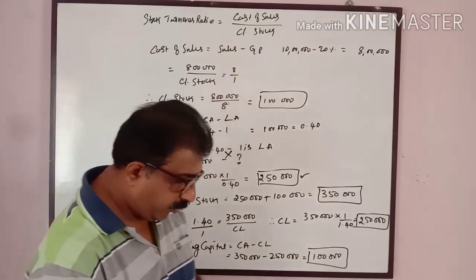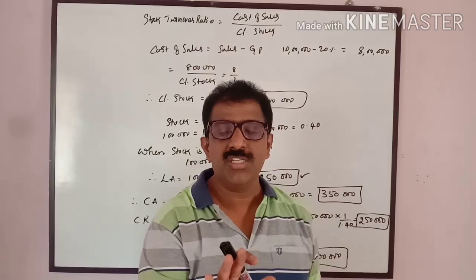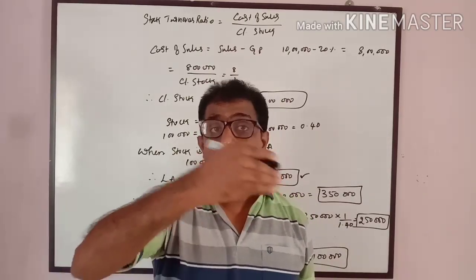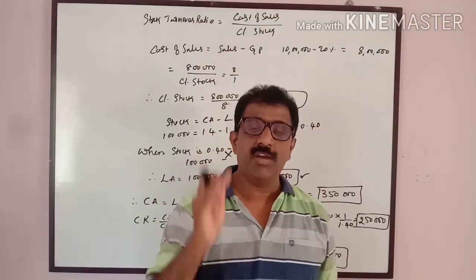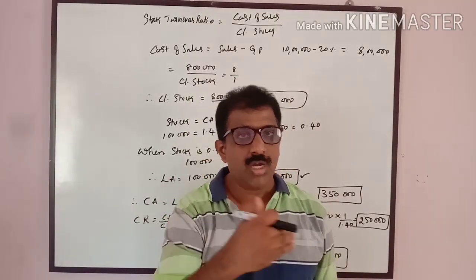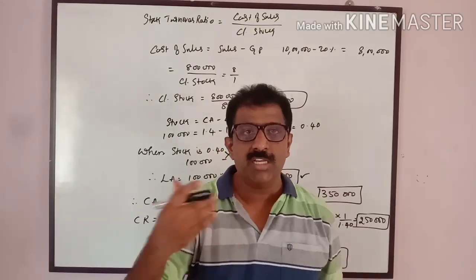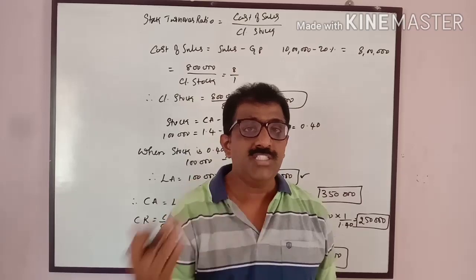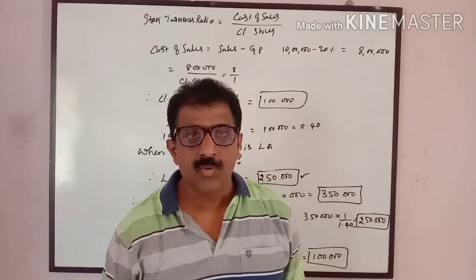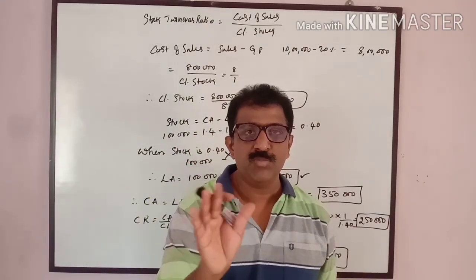Here, before you solve the ratios, you need to find out what information is given, what is required to be calculated, and how to go step by step. Sales is given. With the help of that, we can calculate the stock. Once you calculate the stock, we can calculate the liquid assets, the current assets and the current liability. Once you have current assets and current liability, we can calculate the working capital. This is how you have to work out the problem when it comes for 6 marks.